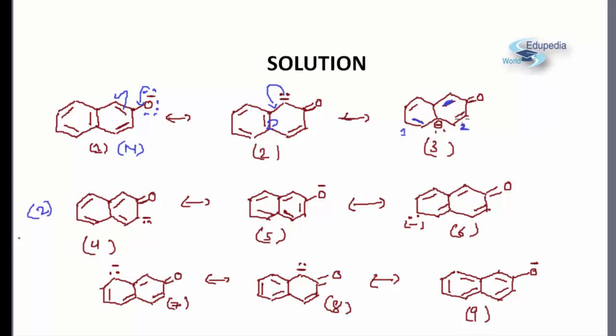What will happen? You can see pi sigma lone pair conjugation. So what you are going to do is that you are going to move this pi bond over here, and this lone pair will form a pi bond. So that will result in 4th structure. Let us move ahead. Now again we can see over here pi bond sigma lone pair conjugation. So we can form one more resonating structure from this. How? This pi bond moves to oxygen, and this lone pair converts into a pi bond. So this will give me my structure 5.